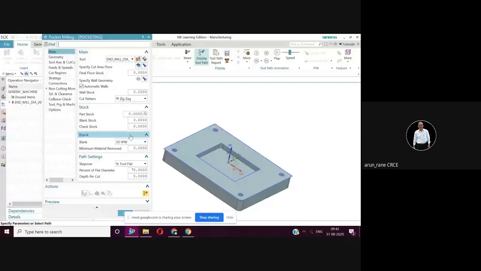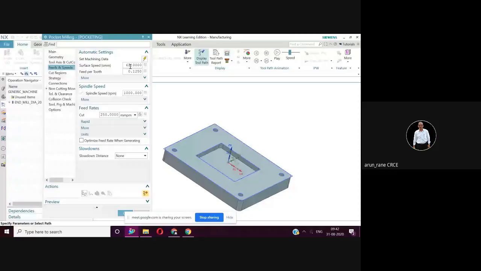So we have defined the cut. Geometry, as you see, is not activated because you already selected the part and the blank. For speeds and feeds, you have to take proper values depending upon the tool material and the workpiece material.